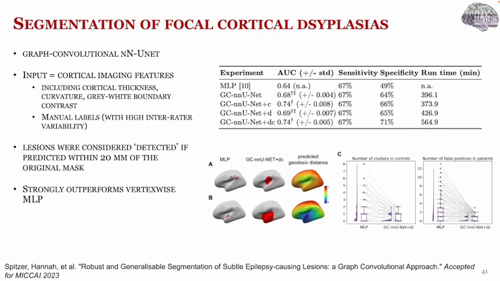So ultimately what this means is that ground truth annotations that are used to train automated segmentation tools suffer from significant inter-rater variability and uncertainty, but nonetheless, the proposed graph convolutional UNet network does a very good job of predicting lesions within 20 millimeters of these masks, again significantly improving over a vertex-wise fully connected neural network classifier, in this case otherwise known as an MRP, particularly in terms of outputting contiguous predictions with far less false positive detection spread out across the cortex, where this is something that's really important in terms of increasing clinical confidence in the utilization